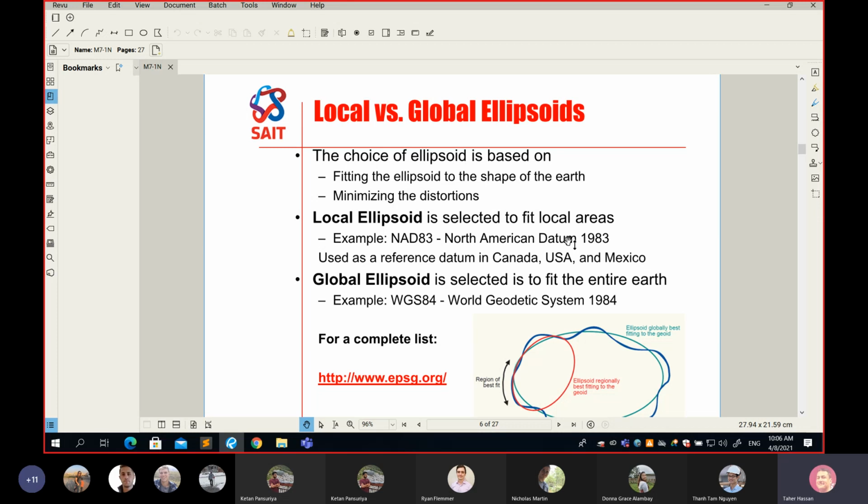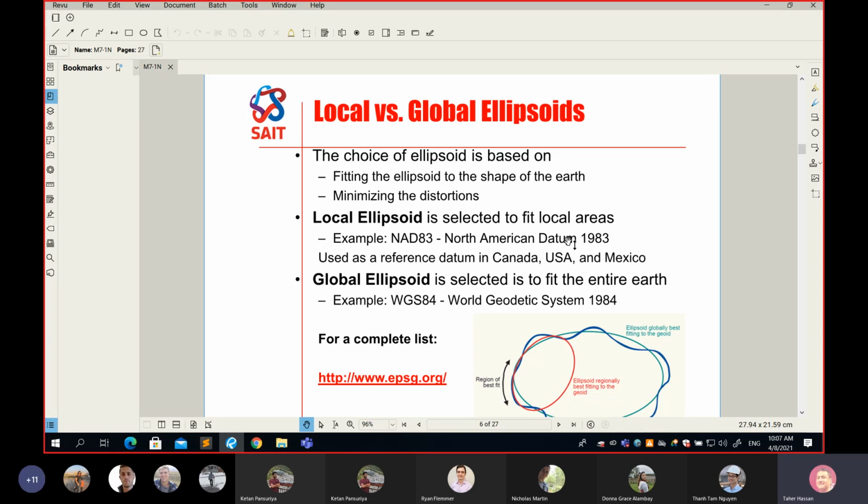We use it in mapping in Canada, the USA and Mexico; these three countries use the same datum. Other countries have another local ellipsoid that is the best fit for the terrain in their area. However, when we talk about GPS, a global system that allows us to find our location no matter where on the earth